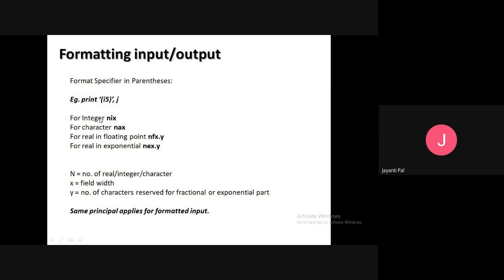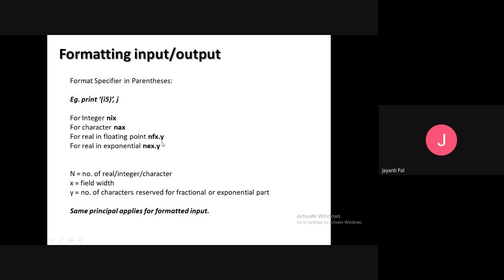For integer you have to use Ix, for character you use Ax, for floating point you have to use Fx.y, and for real exponential you have to use Ex.y.